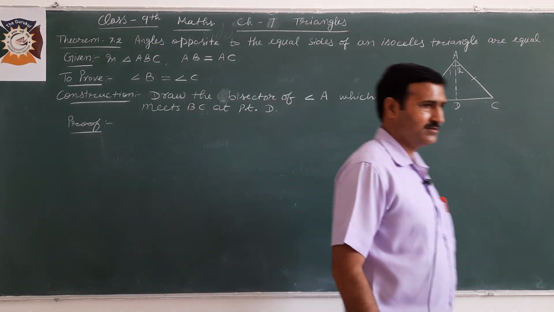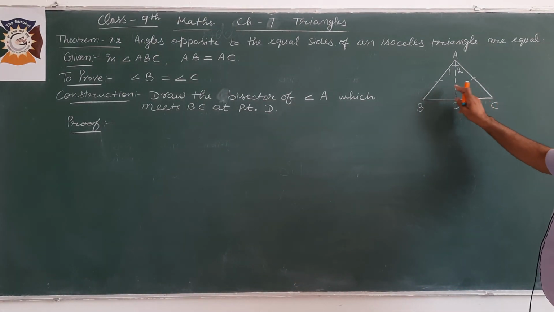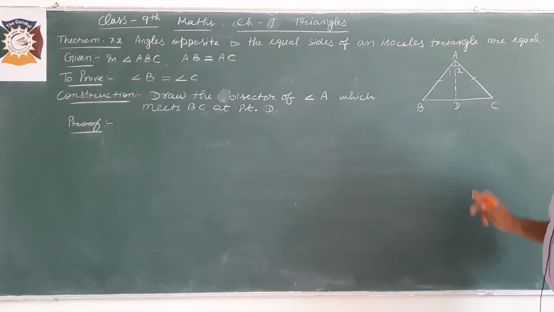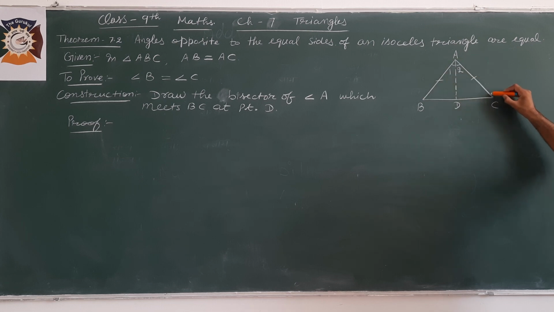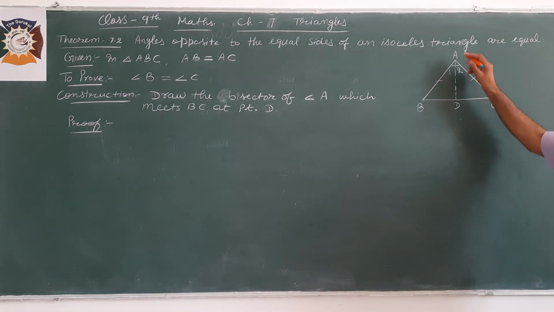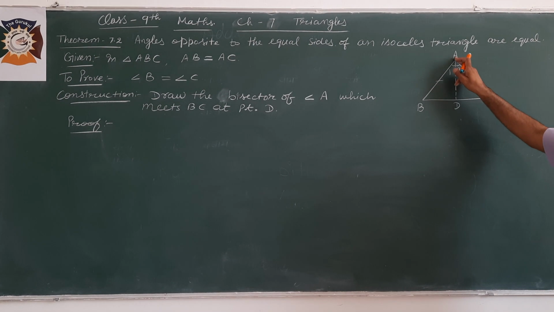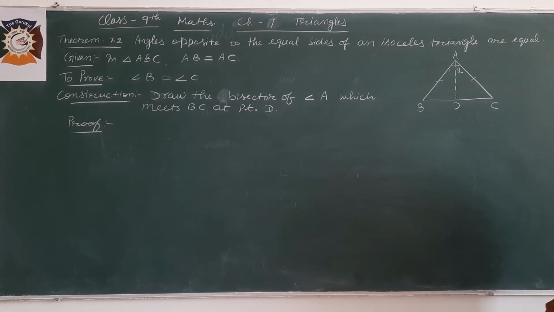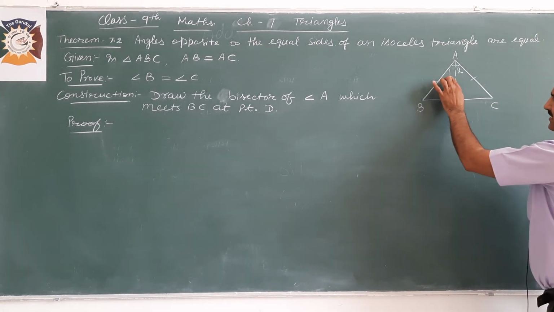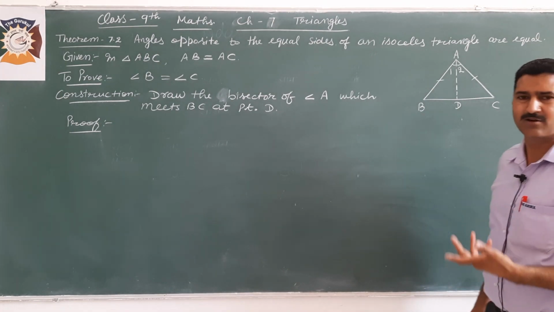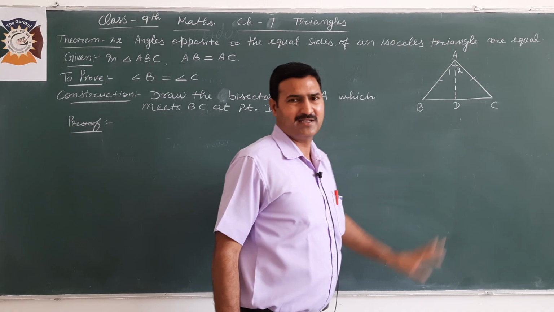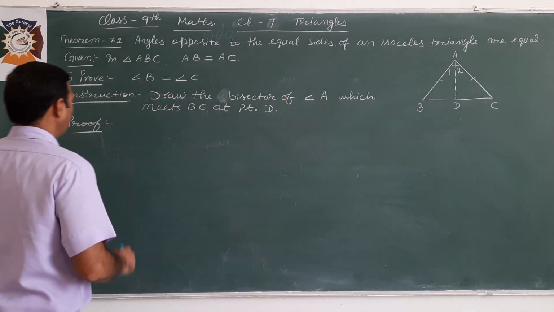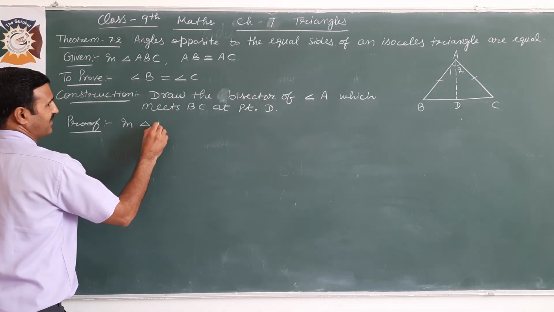पहले मैं एक्सप्लेन कर देता हूँ. Take two triangles ADB and ADC. In these two triangles, this side is equal to this, given; angle 1, angle 2 from construction, because AD is the bisector; and AD is common in both the triangles. So by side, angle, side congruency, both the triangles are congruent, and then by CPCT we can prove angle B is equal to angle C.